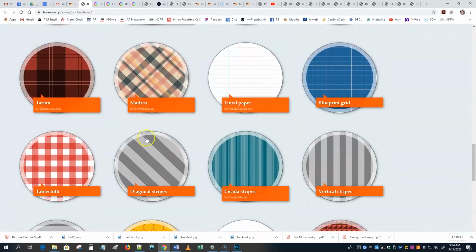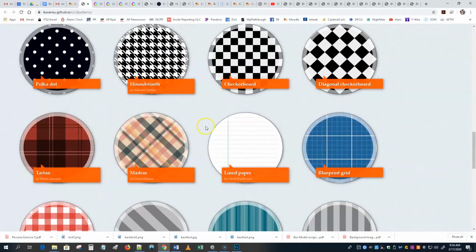So if I like this one, actually the lined paper might be neat. Oh, excuse me. Yeah, that's what happens when you leave your phone on during a recording. Okay, I think lined paper might actually work well,